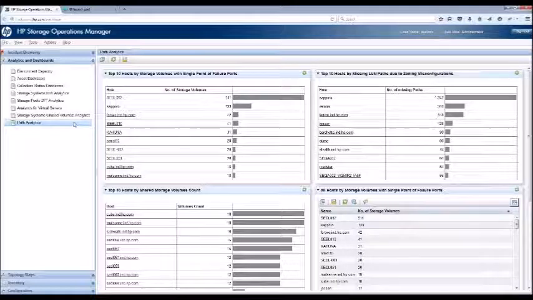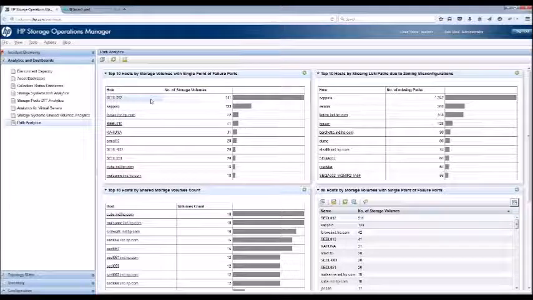So there are 3 metrics that the system reports. The first one is called a single point of failure port. Single point of failure is slightly different than a single path, right? For example, a server may have 2 paths to a LUN, but there may be a port in the whole storage path, and if that port goes down, we will lose the visibility to that LUN, right? So that's the problem that we wanted to highlight. Not just single path, but also potentially, what's the component, on a failure of that component, you lose your